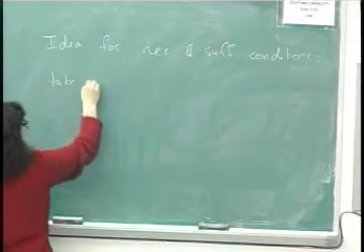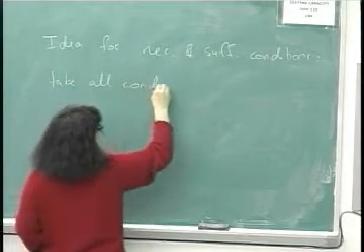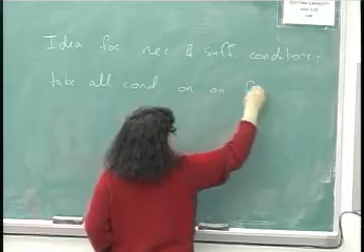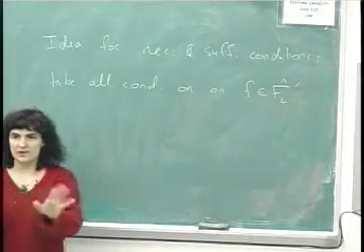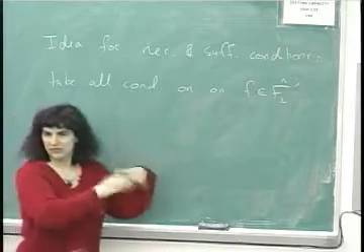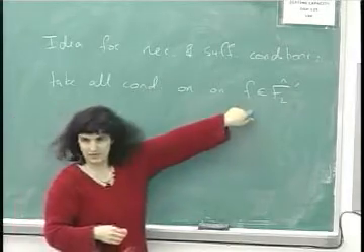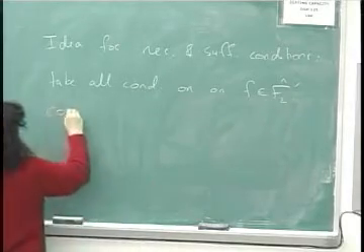Take all conditions on an F in F2 hat. I'm ignoring the chi of sigma. I'm ignoring the lambda part right now, but of course one should do it in full detail with that as well. But this is really the important part of that. Coming from,